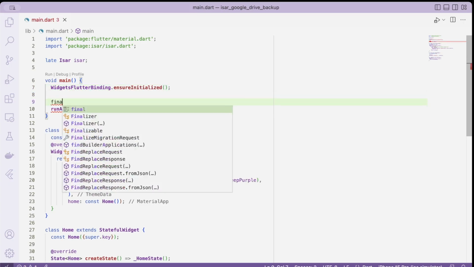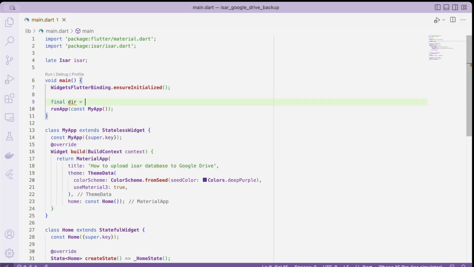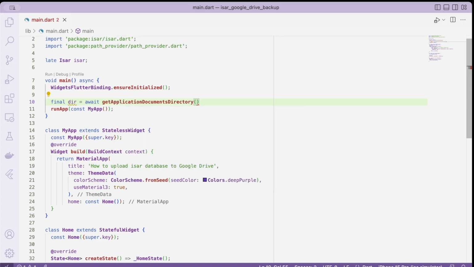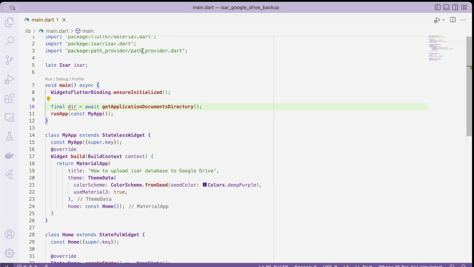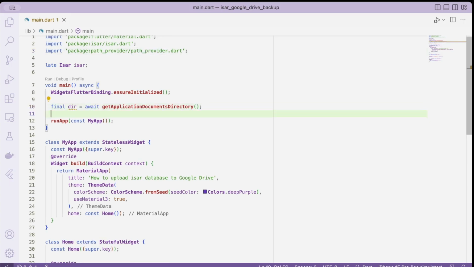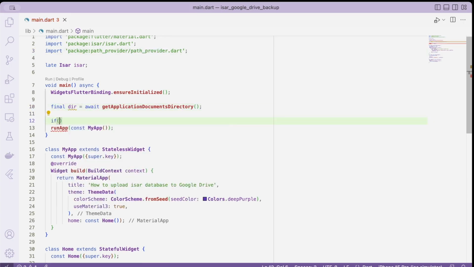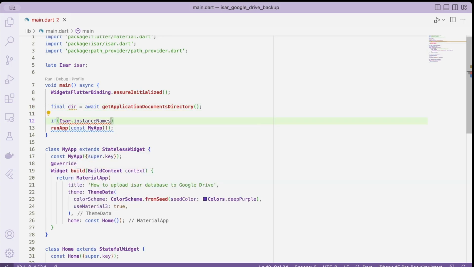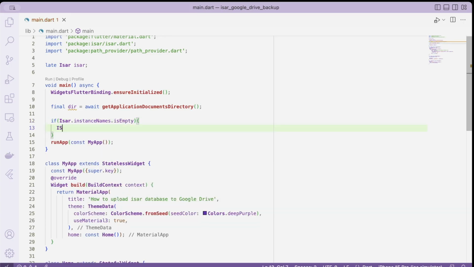Then we'll proceed to define a directory. Let me just set this to async. Then we'll call the getApplicationDocumentsDirectory, which we'll find in the path_provider package. And then we'll just do a simple check: if Isar.instanceNames.isEmpty. This is optional. If it's empty, then let's just proceed to define our